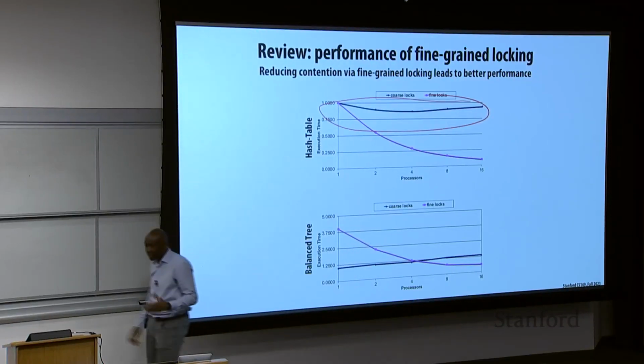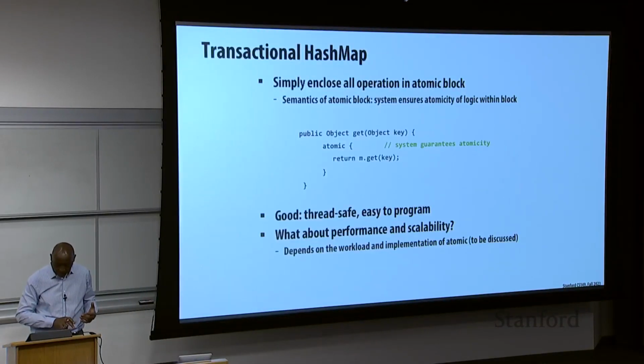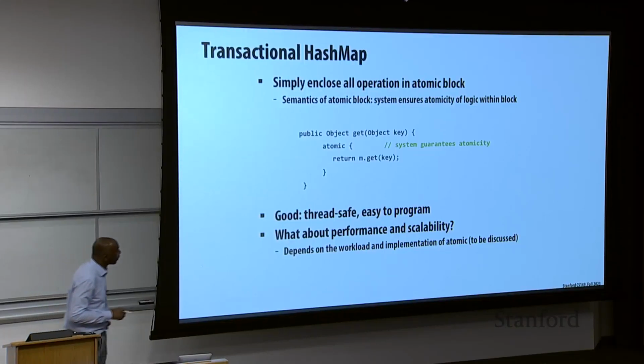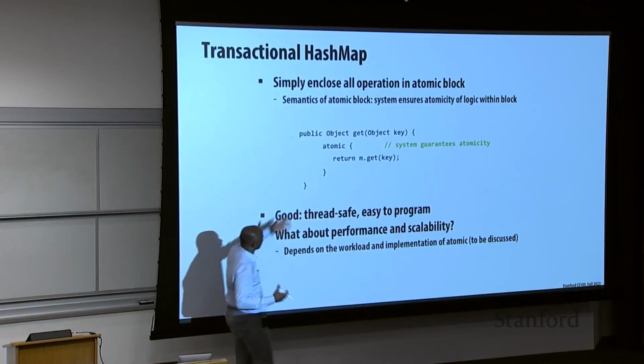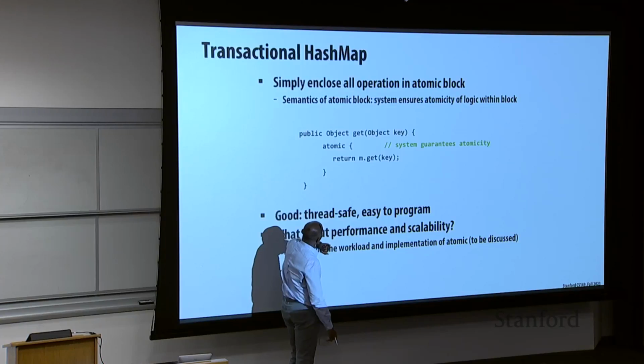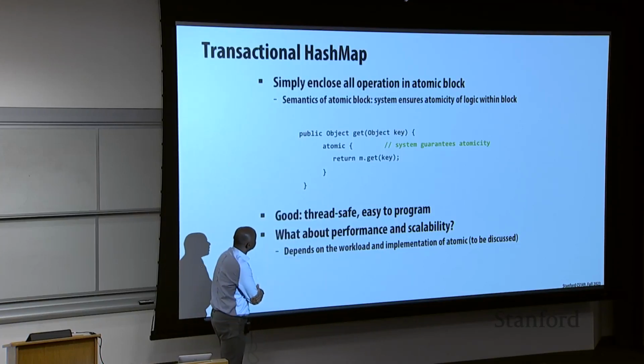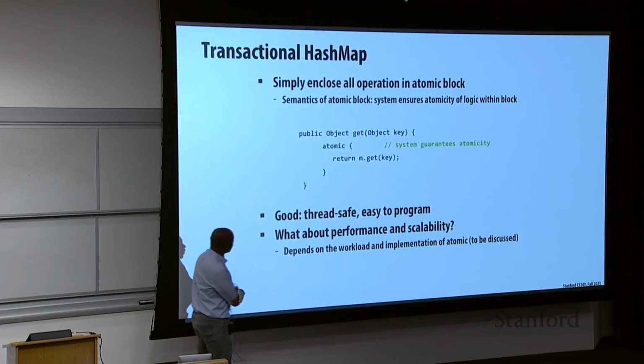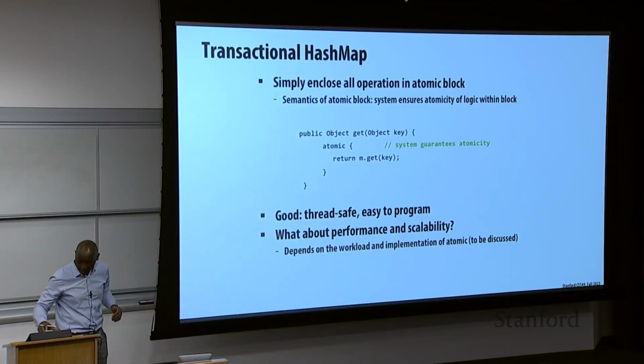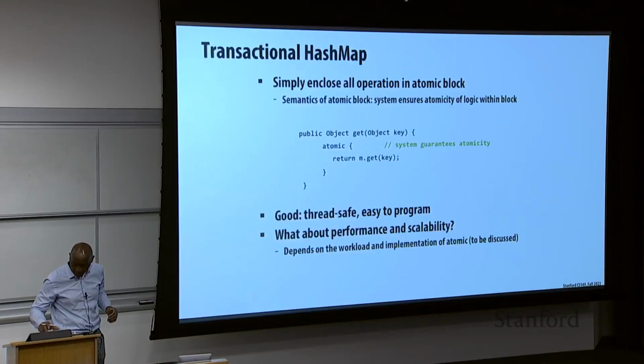So the question is, could you do better? With an atomic construct, you just use atomic and say that you want the method to be atomic, and